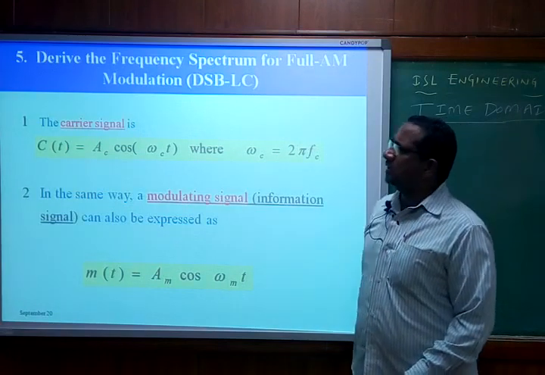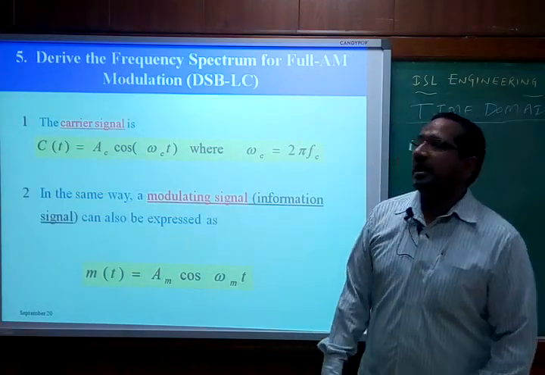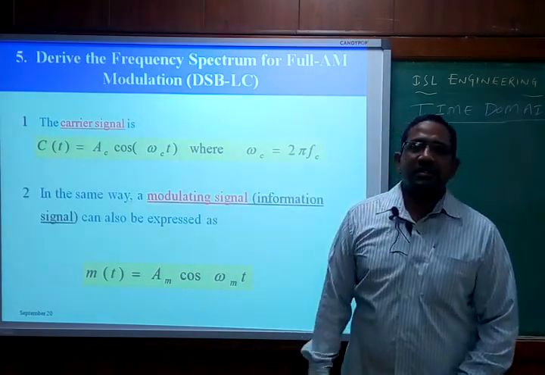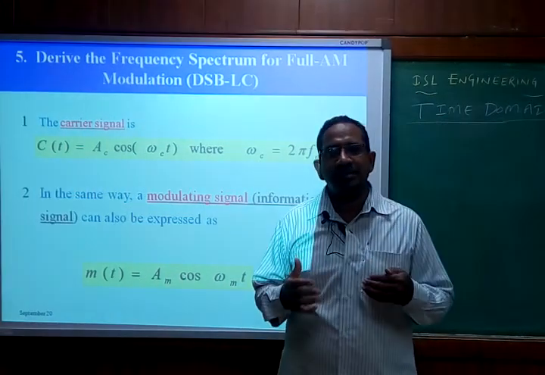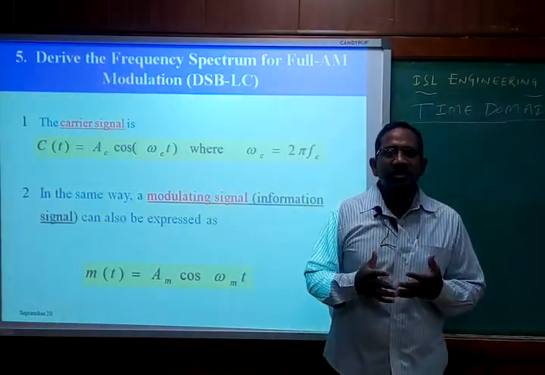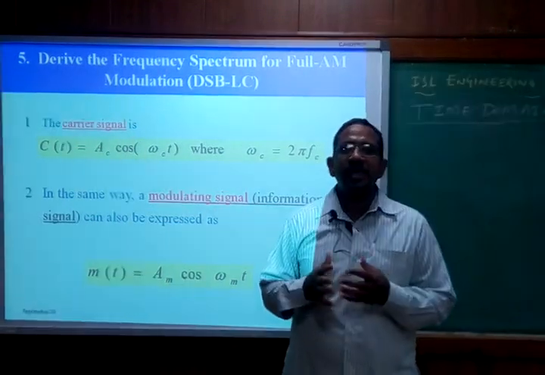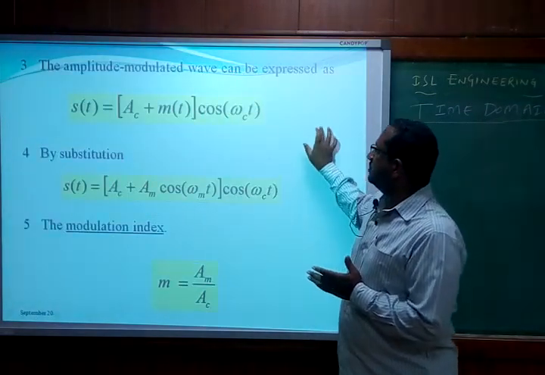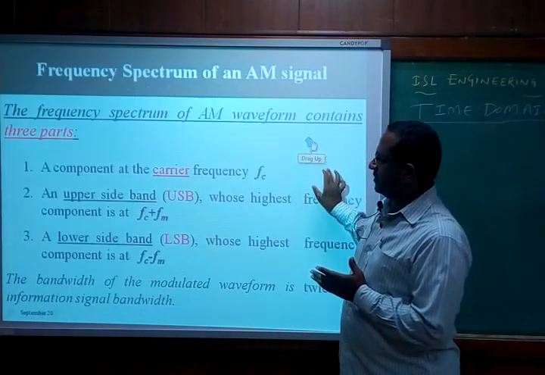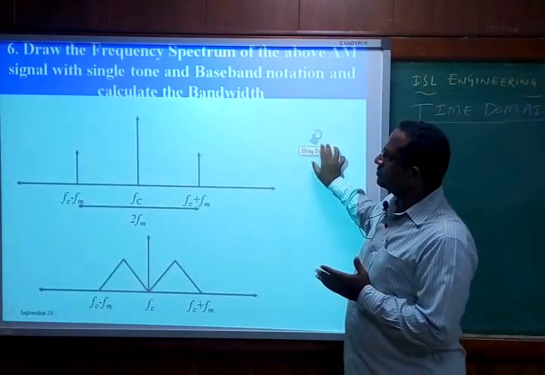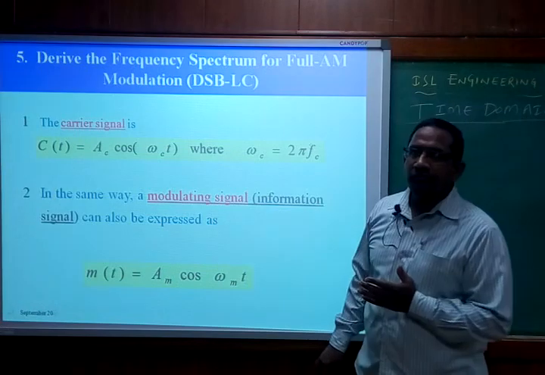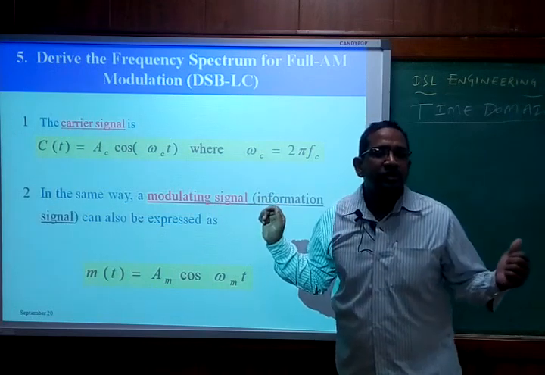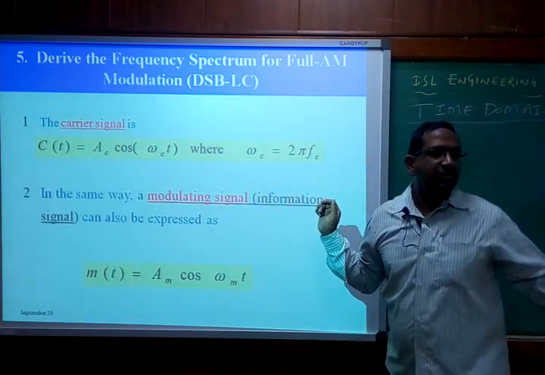First of all we will go with the simple modulator, that is the AM modulator. Now what we have to understand here is, if anybody mentions in the exam just AM modulator, what does it mean? It is nothing but a DSB FC modulator. Sometimes he is not going to say DSB LC or DSB FC, he is simply going to say AM. Without mentioning anything, we simply call this simple AM. Simple AM is nothing but this.